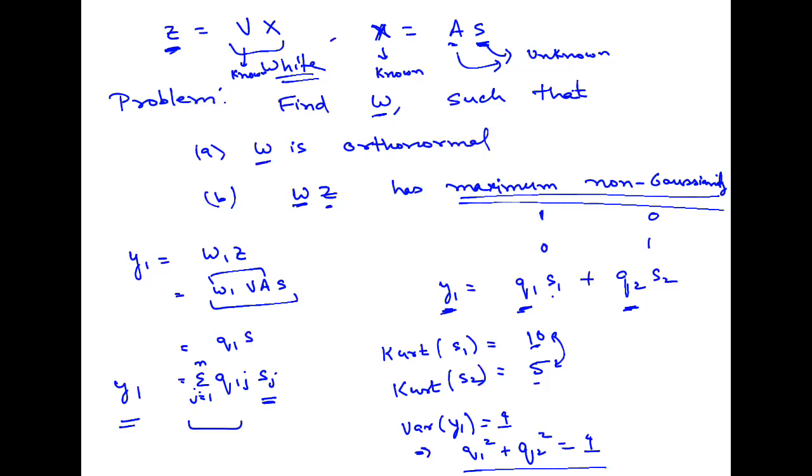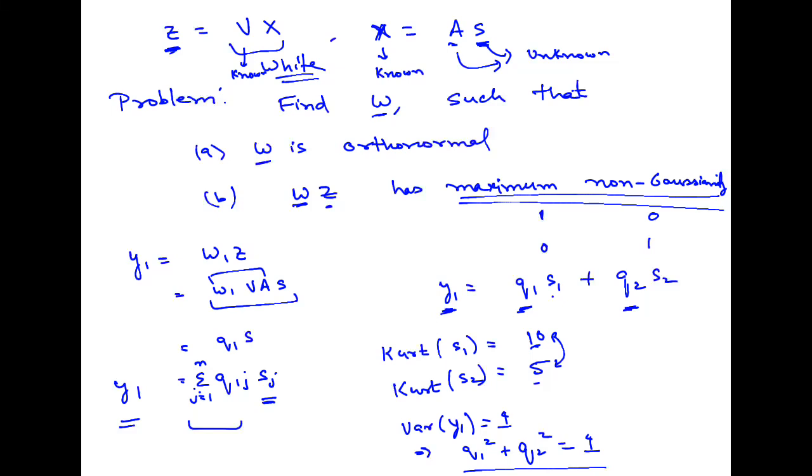Remember we talked about how we are still invariant with respect to permutations. There were two invariants, right? One is the scaling, which we take care of by just making the norms equal to 1. The second was plus or minus 1. That stays. So your y may be equal to minus S1, and it will still work. It will still give you the same maximum kurtosis, the maximum non-Gaussianity. So you will not be able to distinguish. Either you will get S1 or you will get minus S1. Or you can get any of the components. It need not be in the same order.